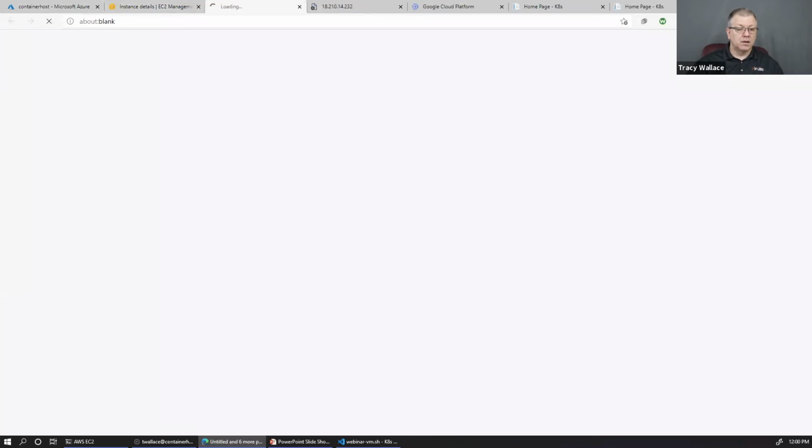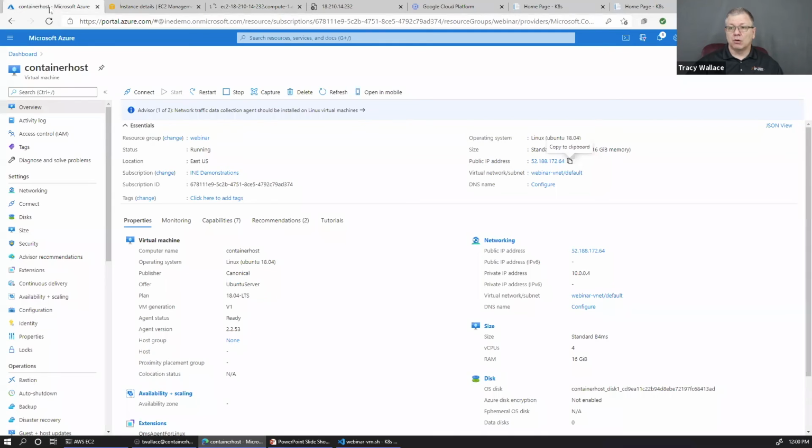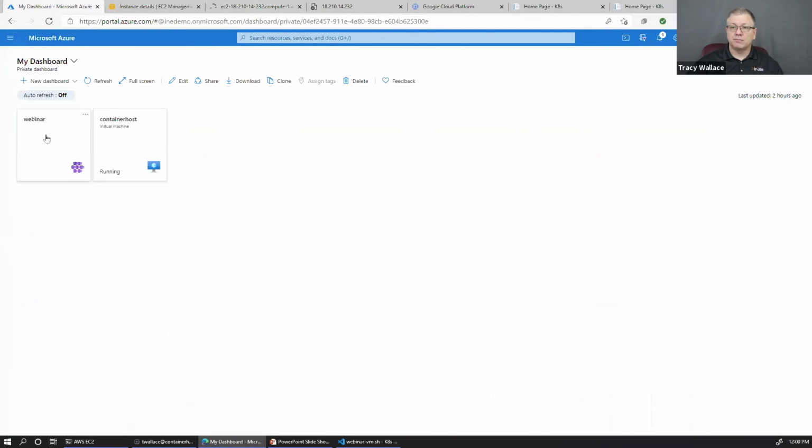So tell you what, while that's going on, let's just take a quick look at how I would process this within Kubernetes. Okay, so long story short, on the Azure side,